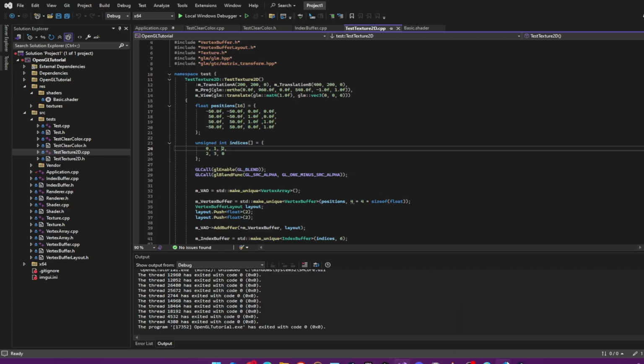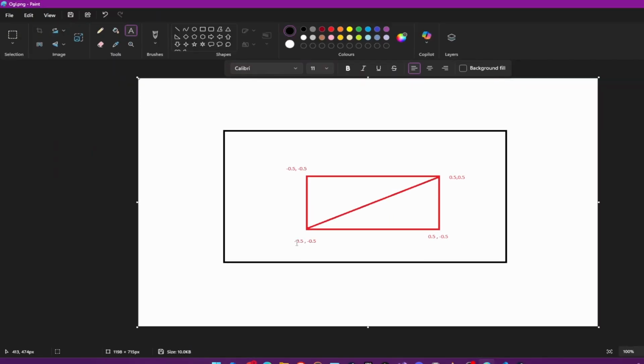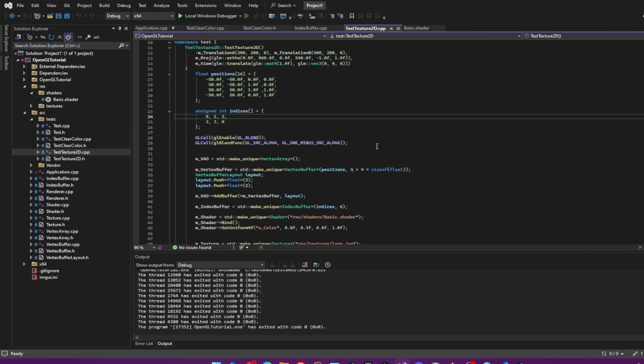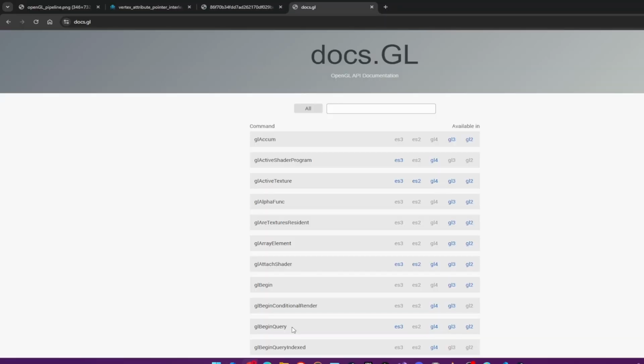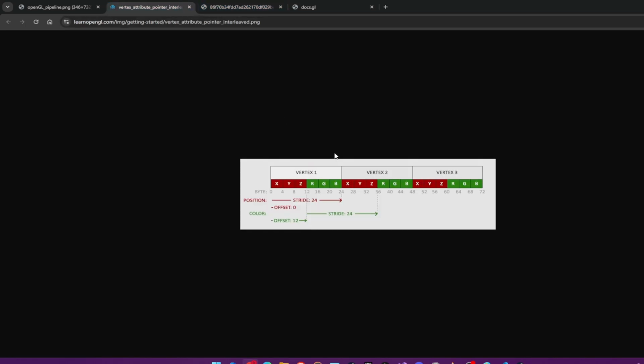We are using index buffer to reduce redundancies, else we have to repeat these 2 points again into the vertex buffer. Speaking of which, we also need to learn what is a vertex. Vertex, like I mentioned in the image, does not only contain coordinates, it can also contain other values like the color of the vertex. So here we can see we have vertex 1, 2, and 3, and then we have